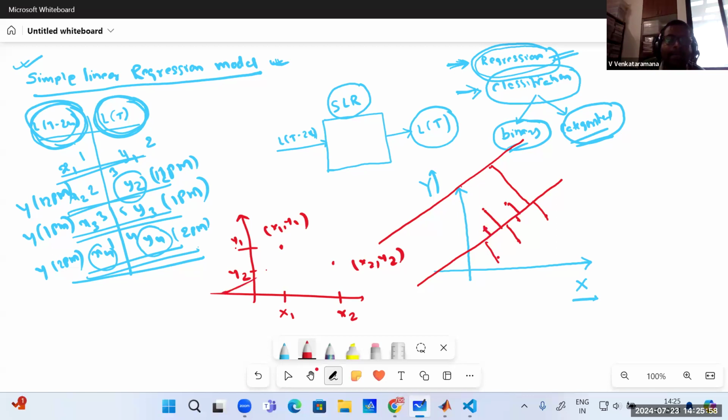It will try to get a line which has a minimum distance from these two data points. So it will not pass through this data point. If it passes through this data point, it is far away from this point. If the line passes through the other data point, then it is far away from the first point. So that means it will try to satisfy both. It's not far away from either one or two. It tries to get the minimum distance from all the points. So from here,